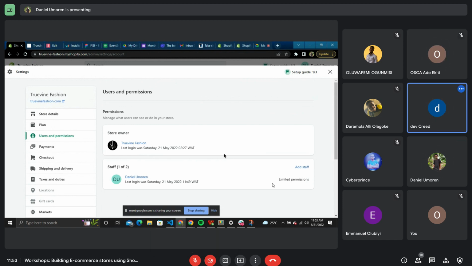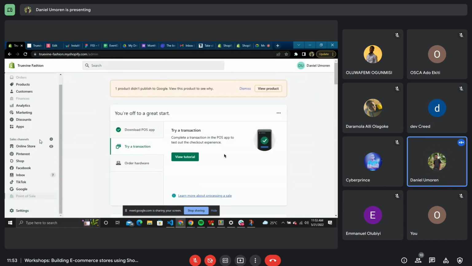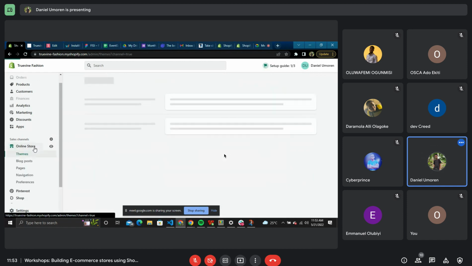To what extent can you add code to this Shopify store? Is it just small code you can add, or is there a limit? If you're using a template, yes, there's a limit. If you're not using a template, if you're building your own,